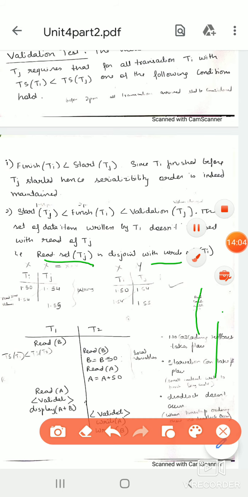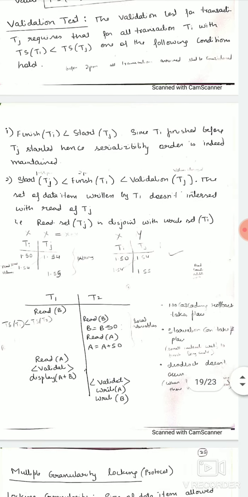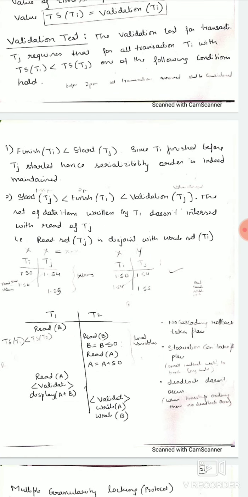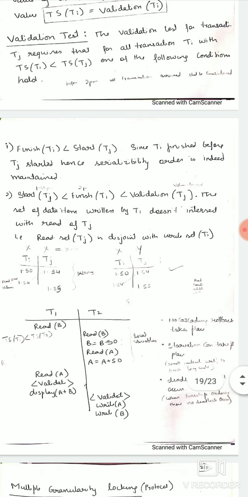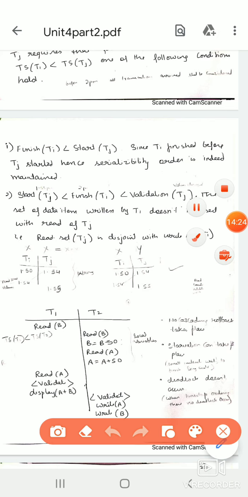So we'll see here with an example now. Suppose there are two transactions, T1 and T2. Here we should assure that the timestamp of T1 is less than the timestamp of T2. Here the read of B instruction is done. Okay, it has finished. The next concurrent execution is the read of B. Here again further operations are done.